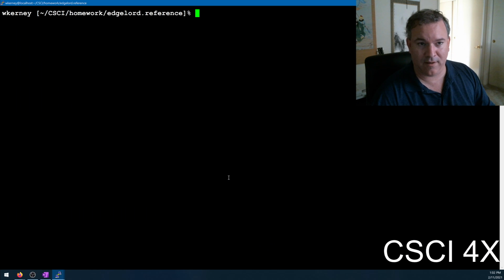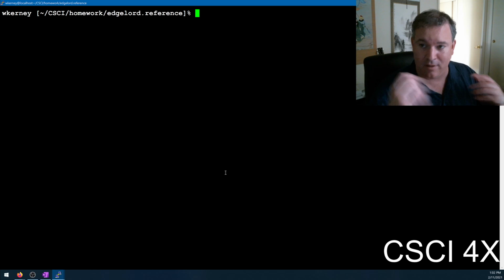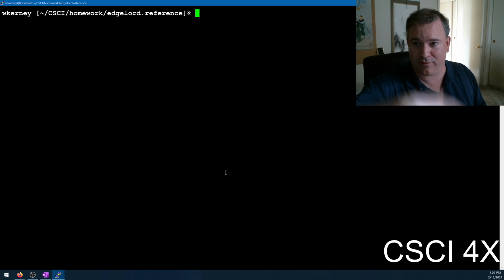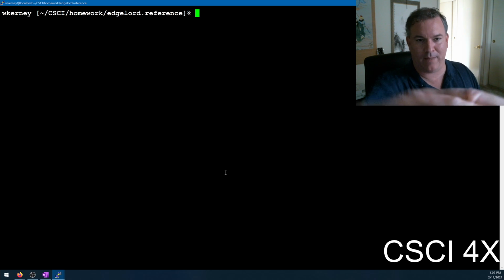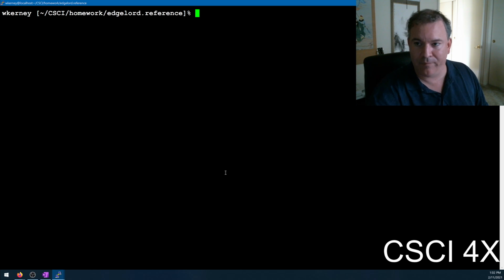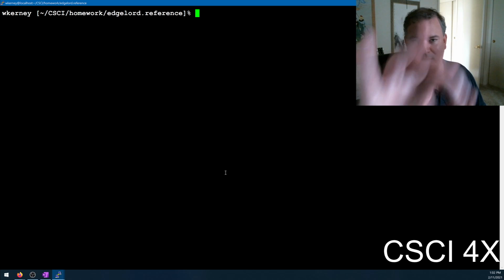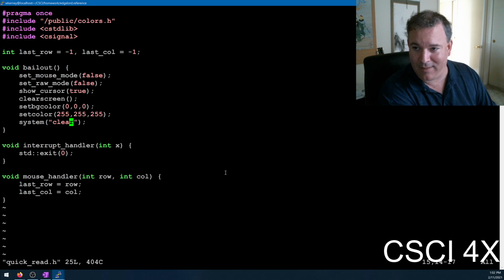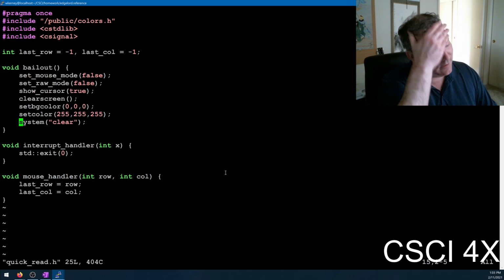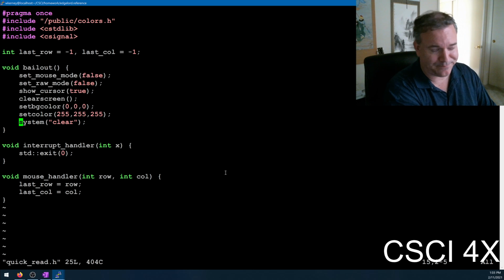So when I hit Ctrl-C, it actually calls system clear, which will clear the screen and move the cursor back up to the top, which looks a little bit nicer. What I had before was the cursor would be down here somewhere. By doing that, it clears the screen and puts the cursor up top. And it's complaining at me that I'm ignoring the return value from this,